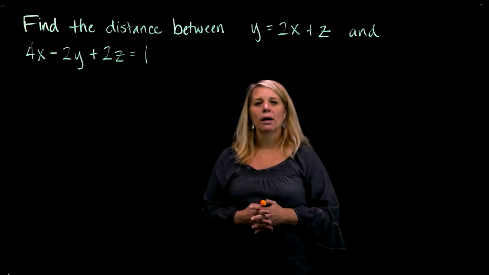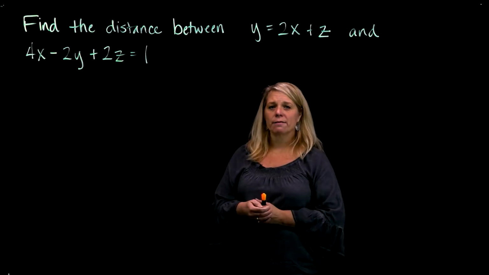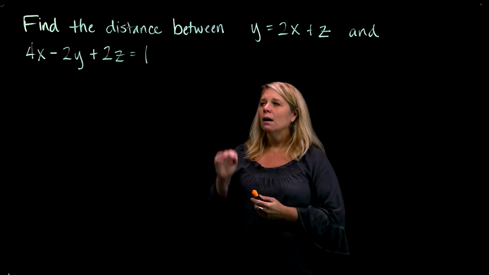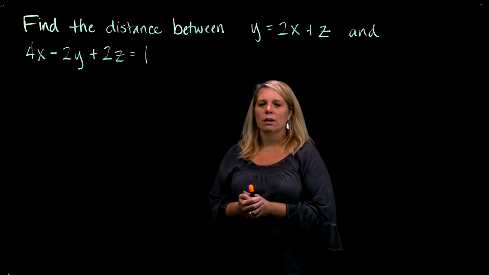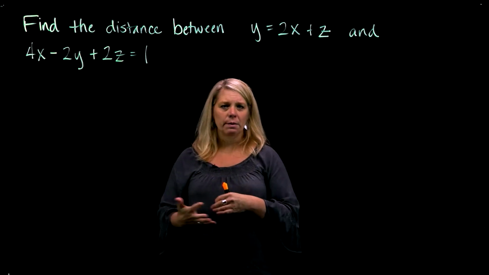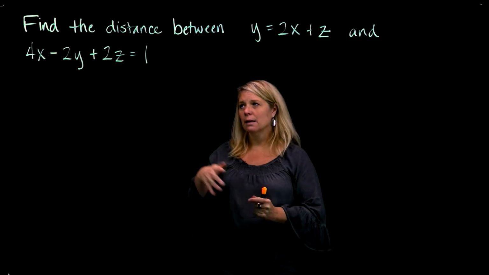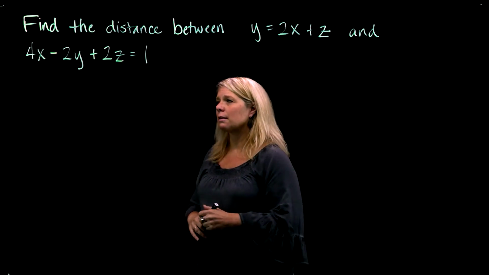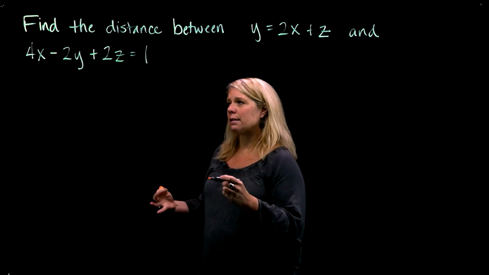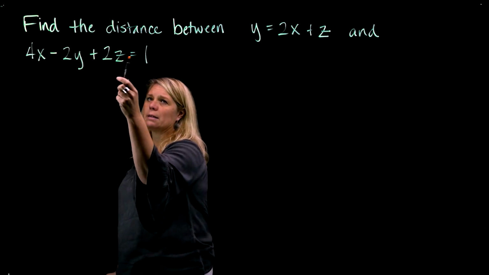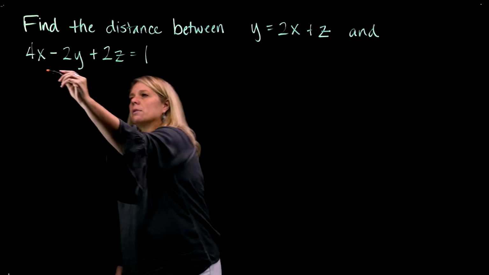Okay, in this problem, we're going to look at another problem where we're asked to find distance between a couple of things in three-dimensional space. And it doesn't tell us what these things are. So at this point, you should be starting to be familiar enough with notation and the standard form of things that you should recognize for sure that this last equation here is the equation of a plane. It's in that standard form, ax plus by plus cz equals d. So this is a plane